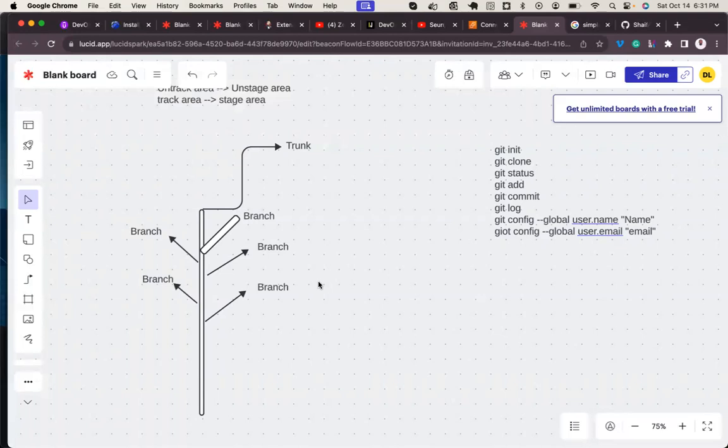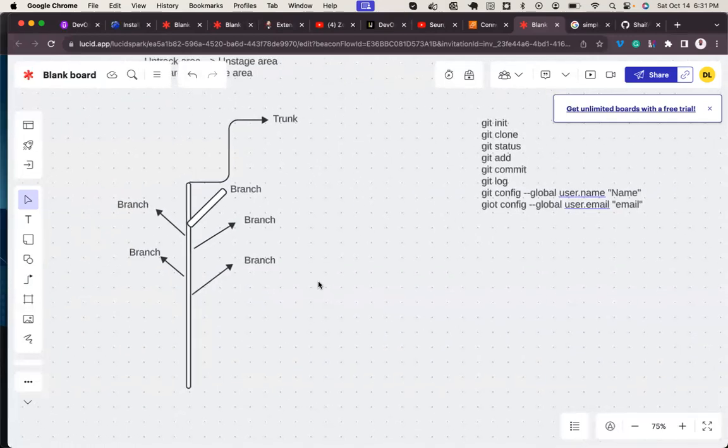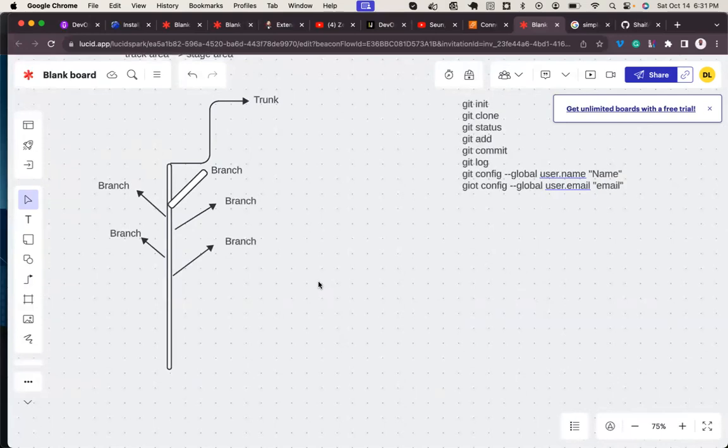The same concept is applicable to a version control system. So we have a concept called branch. Every code is organized into a bucket called a branch.